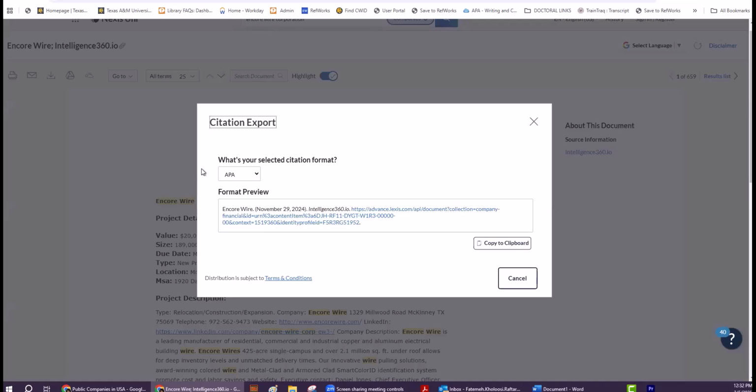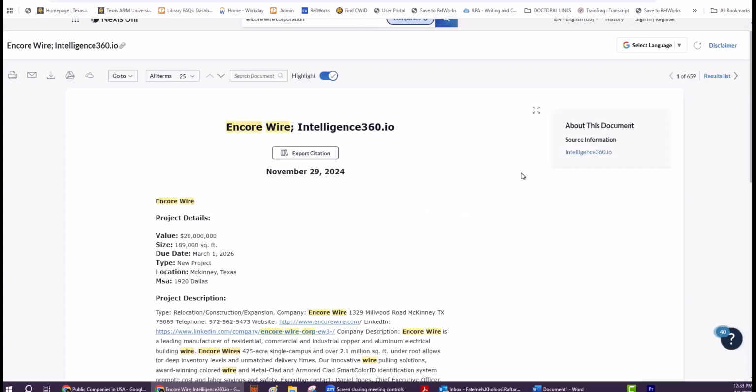So if you're working with APA, it is the citation of this report. But this link is not very good for your work. It depends on your professor's requirements or your research requirements. But I know if you want to publish that, it is not good. You need to find the permanent URL or the DOI, but usually the trade ones don't have the DOI. So you should go ahead and see the requirements. But for the scholarly peer-reviewed ones, we have DOI. So you need to find the DOI and then put it in your work.